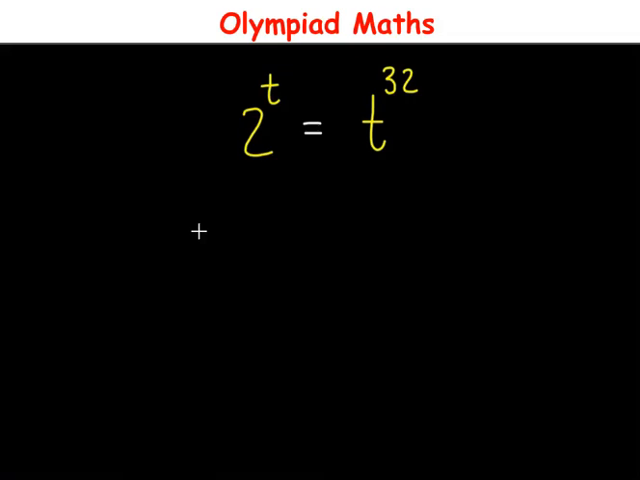Hello everyone, in this video let us solve this question. So we have 2 raised to power t is equal to t raised to power 32, and here we have to solve for the value of t. So t is the unknown we have to solve for. To solve this, solution,